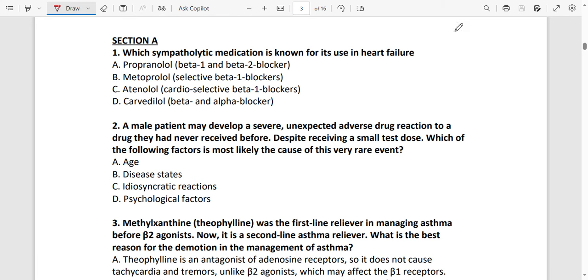And so we are going to have drugs that behave like adrenaline in the sympathetic nervous system. We have got drugs behaving like adrenaline or noradrenaline, and we call those sympathomimetics because they are mimicking, they are behaving like